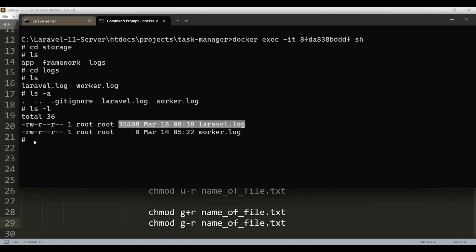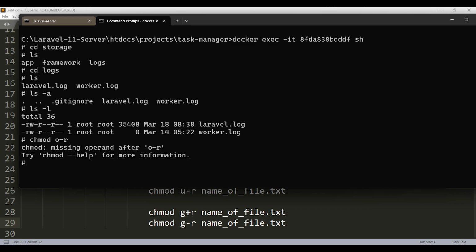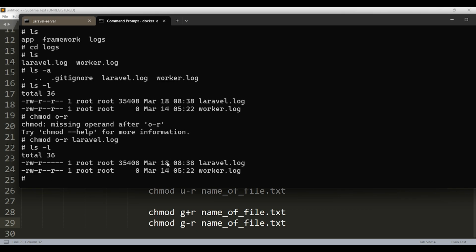Let's say I want to remove the read and write permissions from the laravel.log file. Here we have the owner, the group, and others. I'm going to remove them for others. I'm typing the chmod command, and I'm going to pass o-r, and then the name of the file, laravel.log, like this. And then if you type ls -l again, you can see that the laravel.log file doesn't have the read and